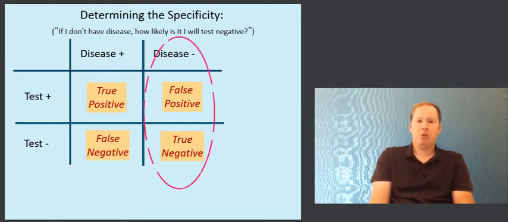Well, here we're looking at the right-hand side of this diagram in the 2x2 matrix, and we're asking for the number of true negative results over the number of false positives plus true negatives, all the possible test conditions that can come out when a person has a negative condition, and that is they don't have the disease. So we take the number of true negatives and we divide it by the number of false positives plus true negatives. That will give us the test's specificity.